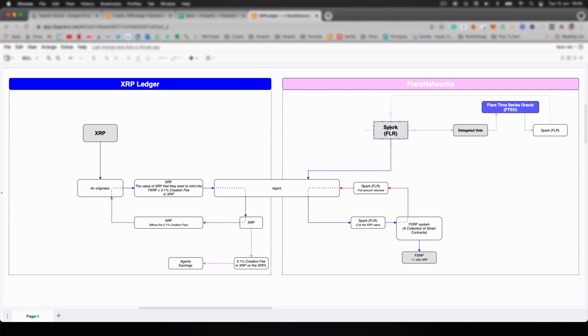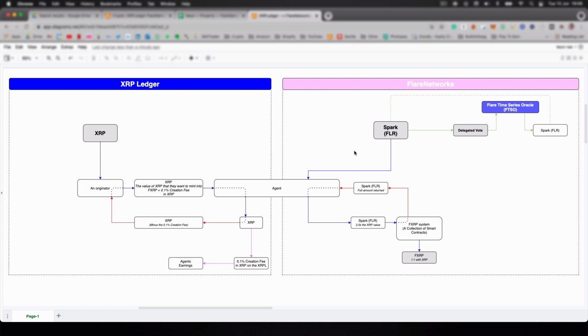Now, if you have Spark on Flare networks, which you'll obviously receive soon enough once the network goes live, if you were holding XRP either in private, that you custody it yourself on something like a Ledger or whatever they call it, or if you held it on a participating exchange at the time of the snapshot, then you're going to get Spark. Now, if you're not going to get it because you didn't have it at the time, you'll be able to buy it on exchanges like Bitrue or probably more when the time comes.